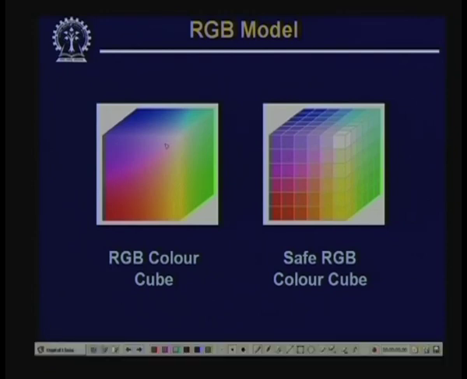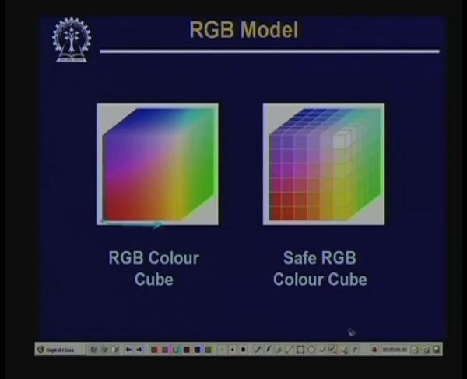So, in this color cube, you find that we have said that the point 1 0 0 represents red, and along the horizontal axis the color varies from red to yellow. Similarly, this is a point which is 1 1 1. So, this point represents white color,